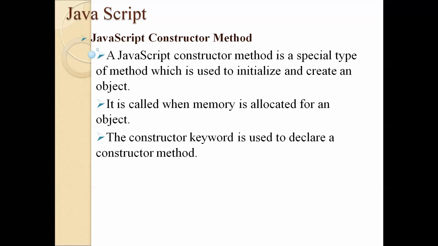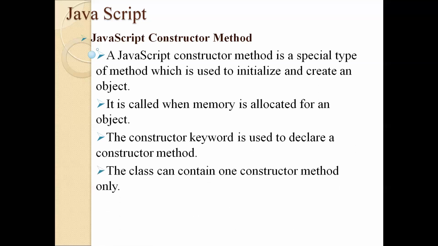In JavaScript, if we want to define a function, we use the function keyword. But in C++ and Java, we don't use a function keyword. We simply define it using a return type, a function name, parameters, and the body of the function. In JavaScript, we have to tell the compiler that we are going to define a function or a constructor. So to define a function in JavaScript, we use the function keyword, and to define a constructor, we use the constructor keyword.